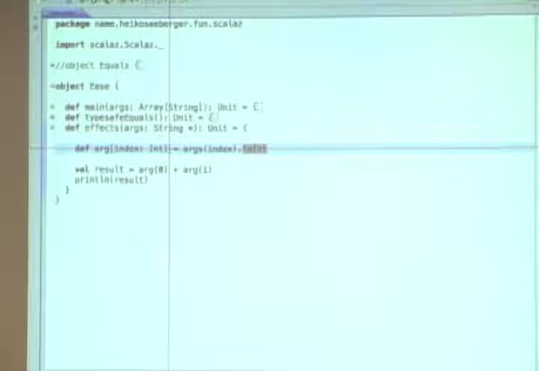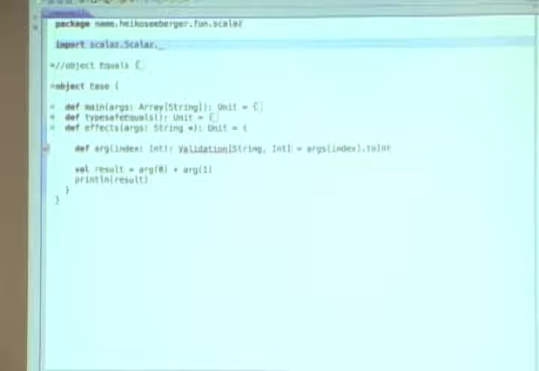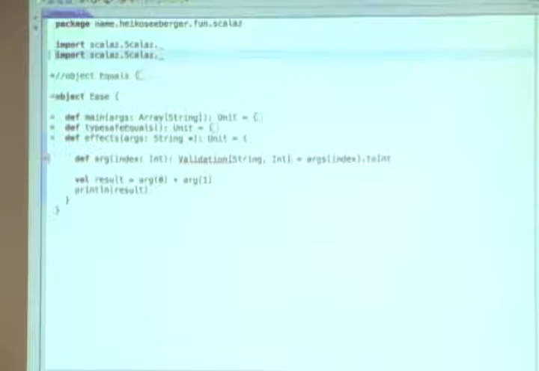Let's return a different type here. Let's return the Scalaz validation. Like in either, it takes 2 type arguments. Let's use a string and an int. So the first one is for the exceptional case, and like with either, the right is for the correct result.